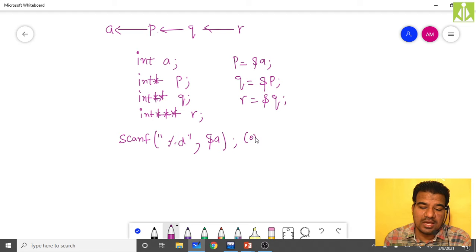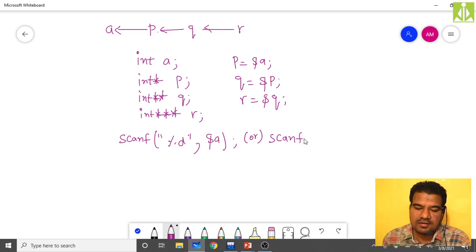Or, because a's address is already stored into p, you can simply put scanf("%d", p). Don't apply & there, because p itself is holding the address of a. So we are reading the value into a, where a's address we stored into p.